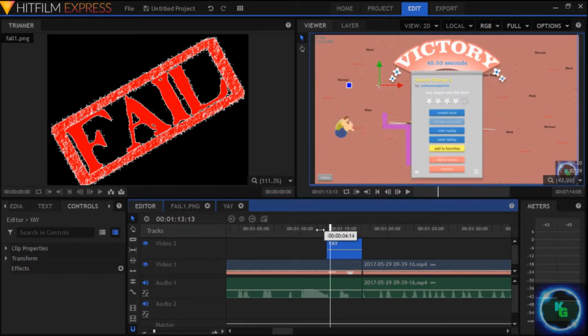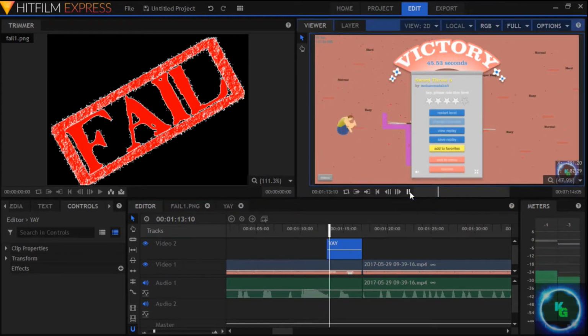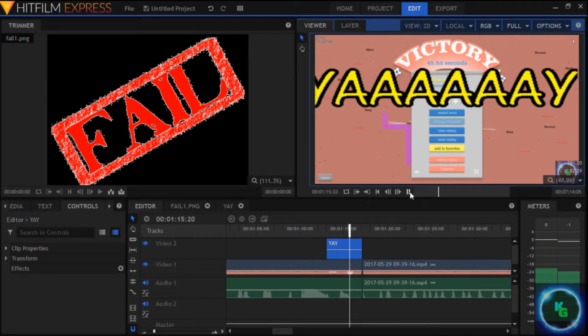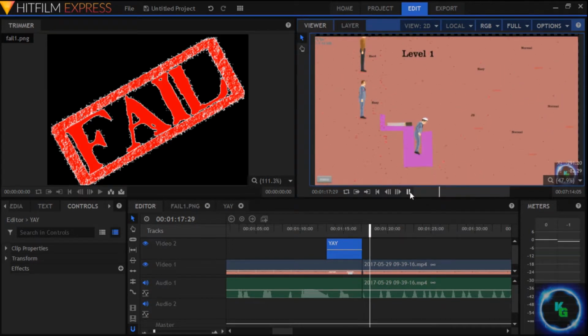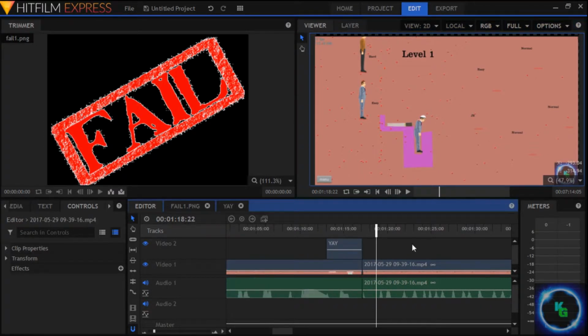Alright, I think I got it now. Let's play it. Yay! Alright. That's about how we want it. So once you're done, don't just put it straight to export. What I always do is, I don't usually do this one, this export in out. I always do the export, what's it called, contents. I think, yeah, export contents, and then it brings in everything that you've made together,